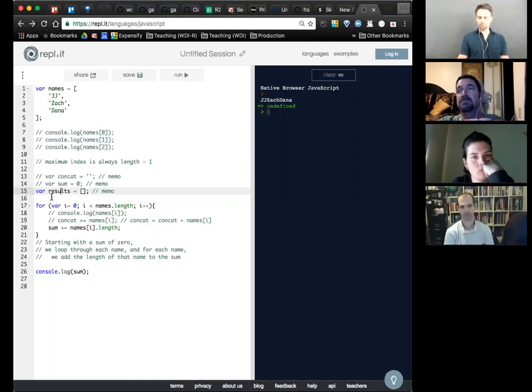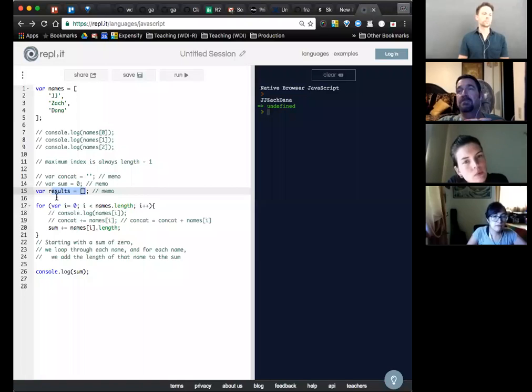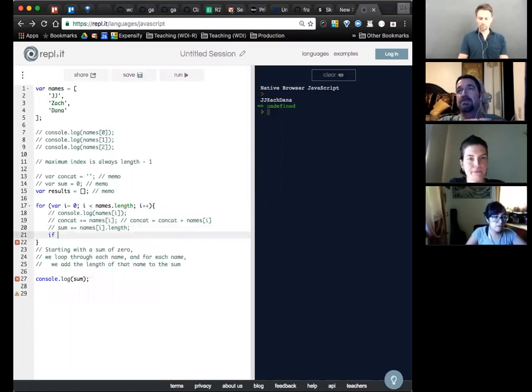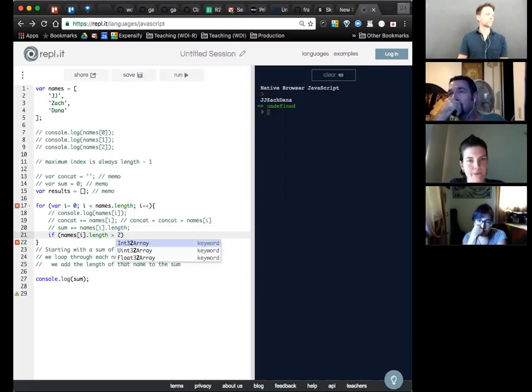Then we could grab this results array from within the for loop, and each different element could touch it and interact with it in some way. So let's try this. What if I were to say, if names[i].length is greater than 2,